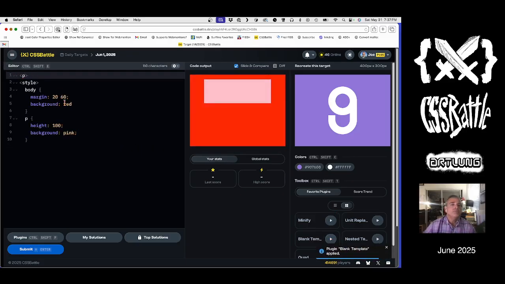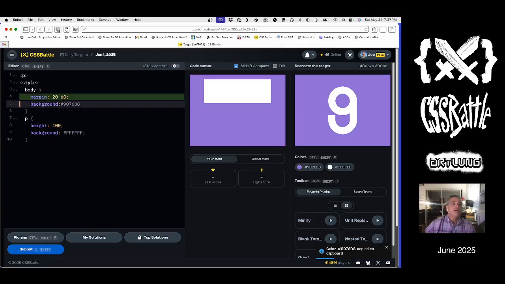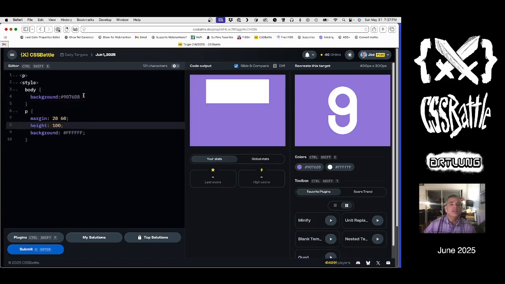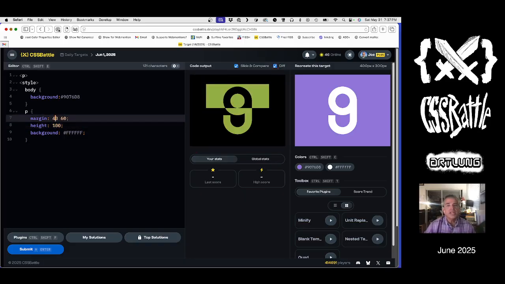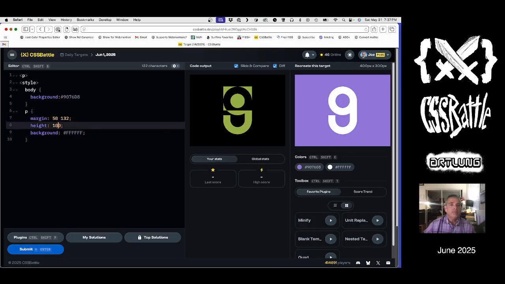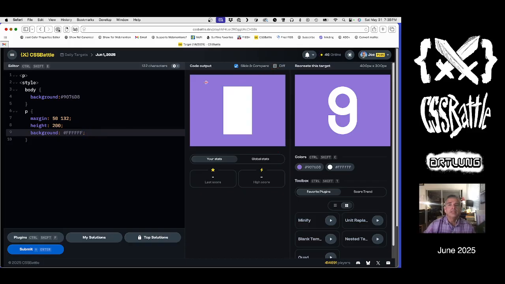I think I'm going to do this with a paragraph element, and to start, I'm going to put white on it and purple on the background and move the margins onto the element itself. Move the top margin down for 5. Side margins in 2, 3. And then make it taller. Beautiful. All right. Now,